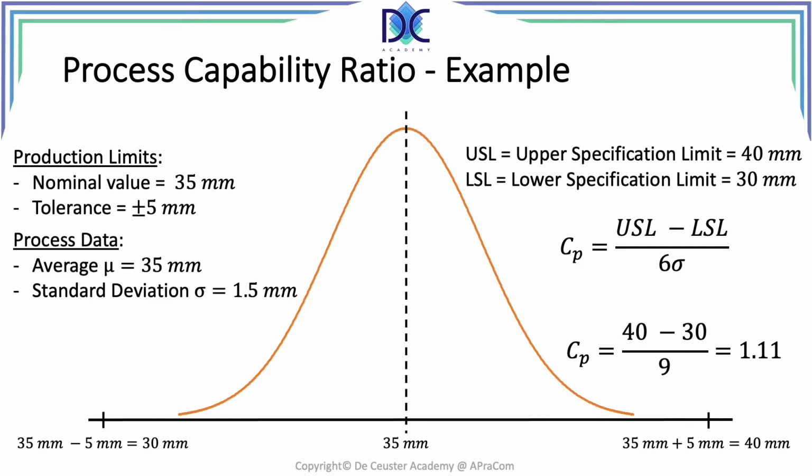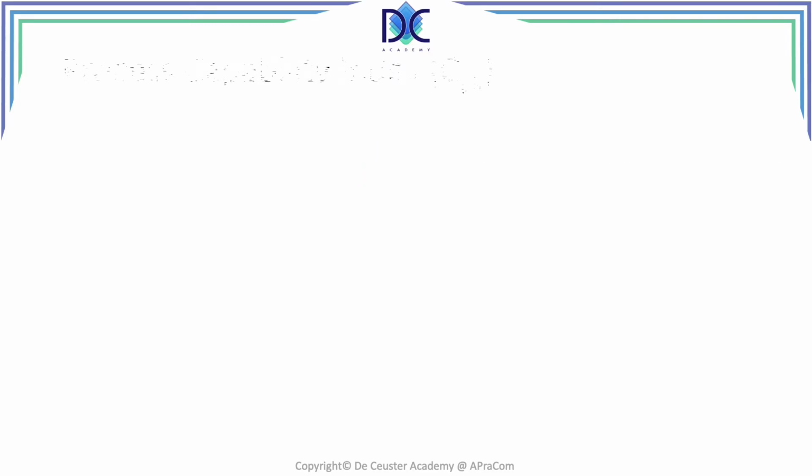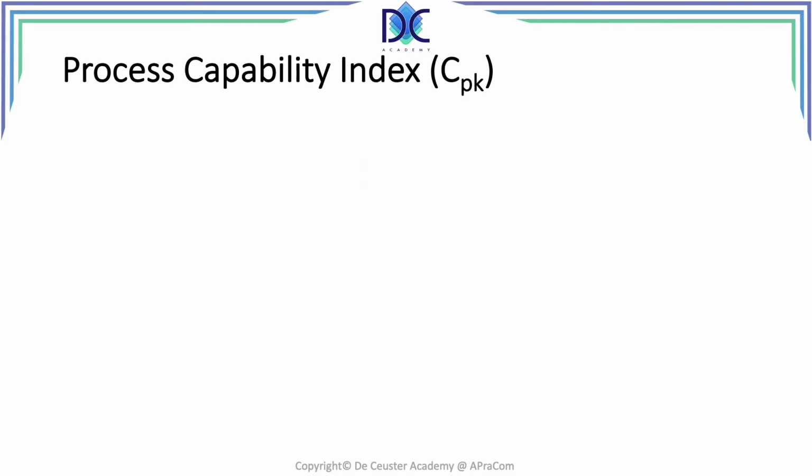Now this is already good, so we can start working with this process. It has a sigma level larger than 3, so we have at least 3 sigma, even a little bit more. But now we want to look a little bit deeper, and from experience we know that this is not always the correct way to do it, because we will define a process capability index,